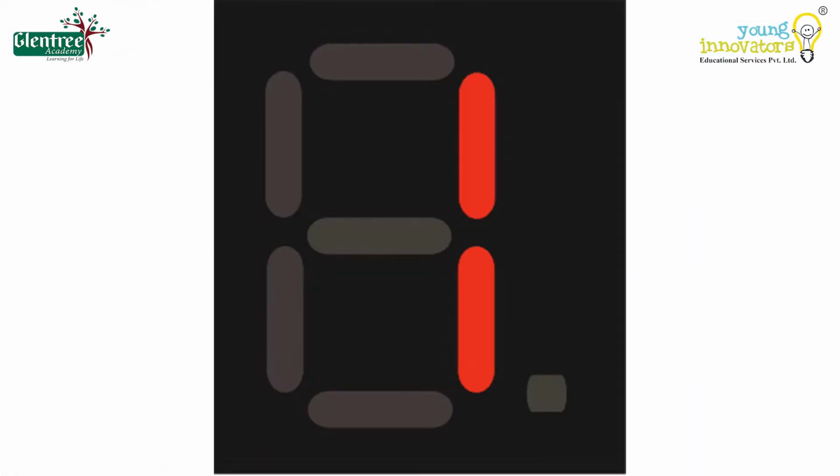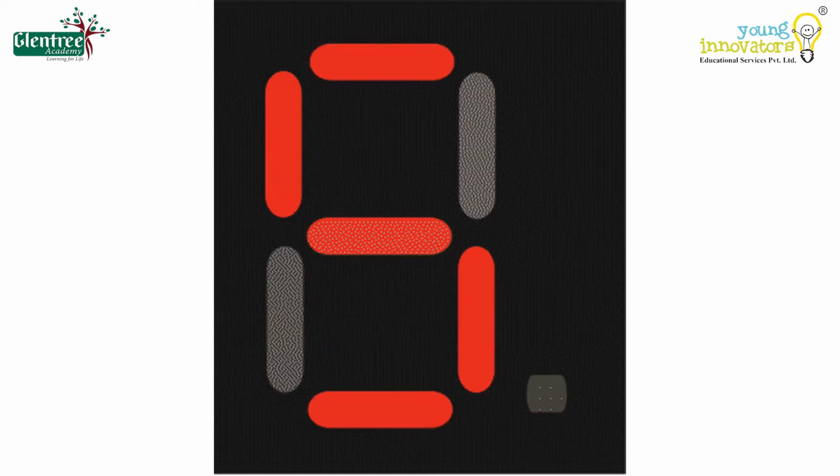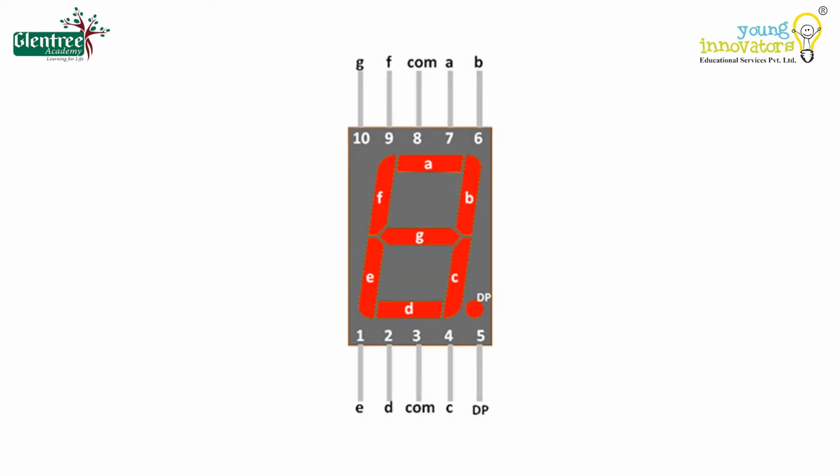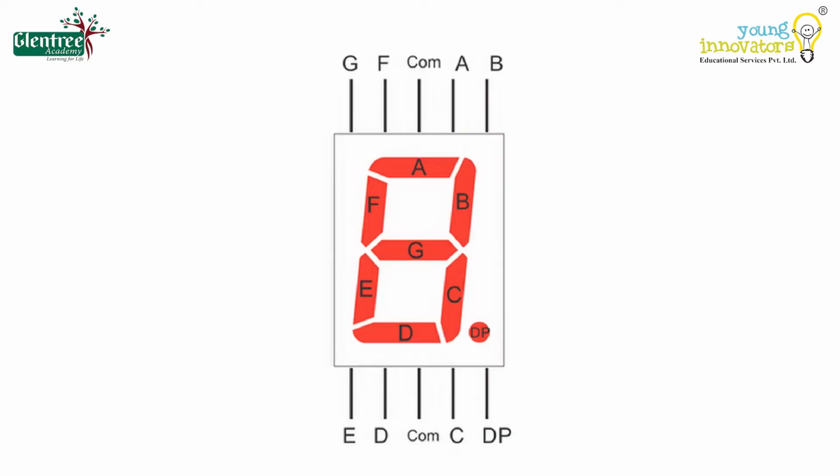The 7 segments light up or emit light when the required rating of power is given to them. The characters of the display are displayed based on the power connected or disconnected to each segment. Each LED of the 7 segment has a pin through which we can connect it to other devices. A simple 7-segment display is referred to as a module, and it has 10 pins, 5 above and 5 below. Of these pins, the middle pins at both ends are the common pins for the connection.